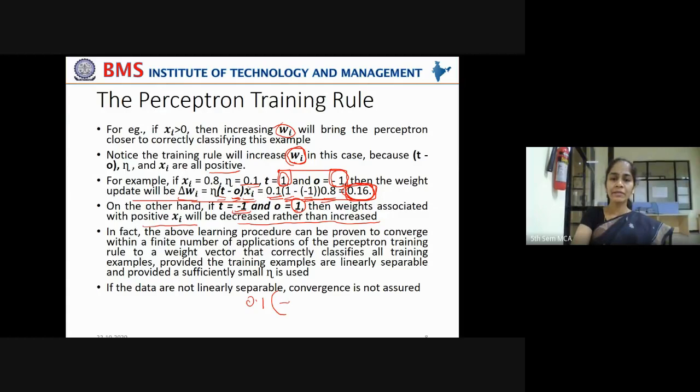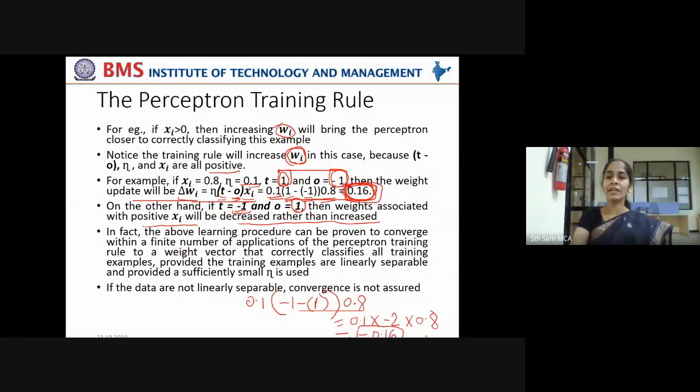T is minus 1, minus the predicted outcome plus 1, into 0.8, right? Now it is 0.1 into minus 2 into 0.8. So what is the value here? Minus 0.16. Okay, in this case, the weight is reduced.